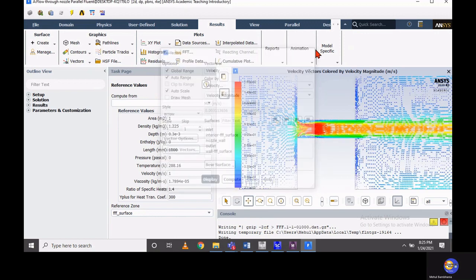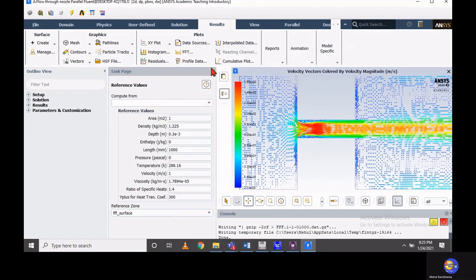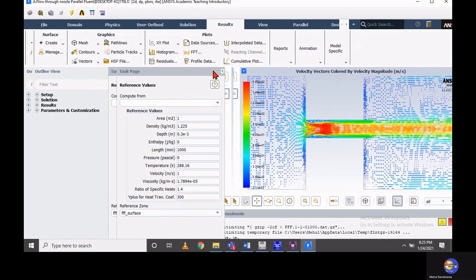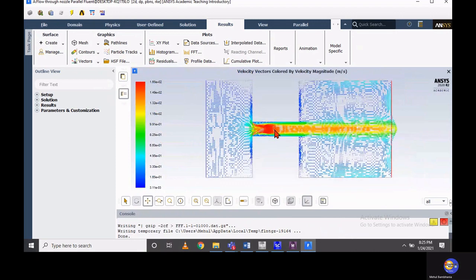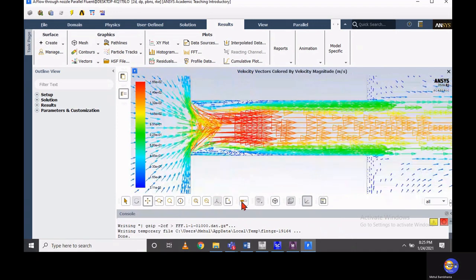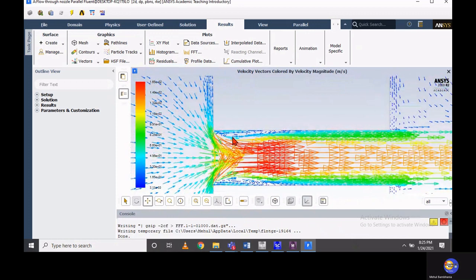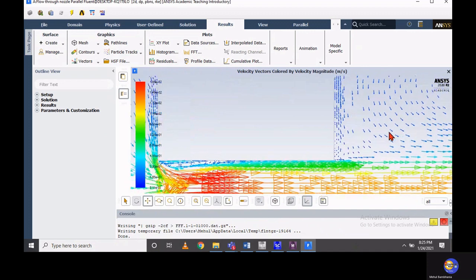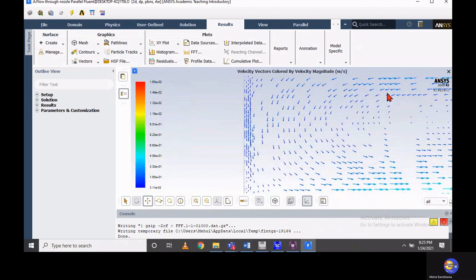So you simply reduce the scale of those arrows or vectors, and it will give better visualization, from which you can understand where the recirculation will happen and what the direction of flow is. So this is how you can simply locate the recirculation zone as well as the direction of flow.